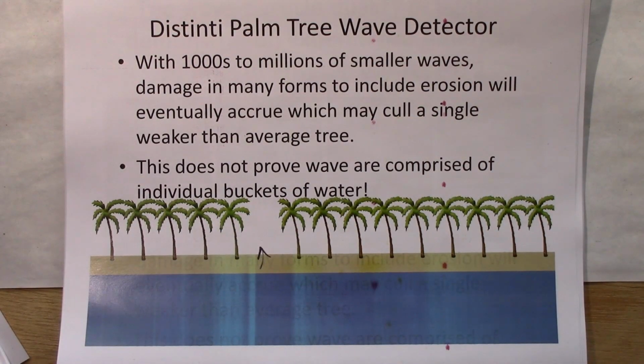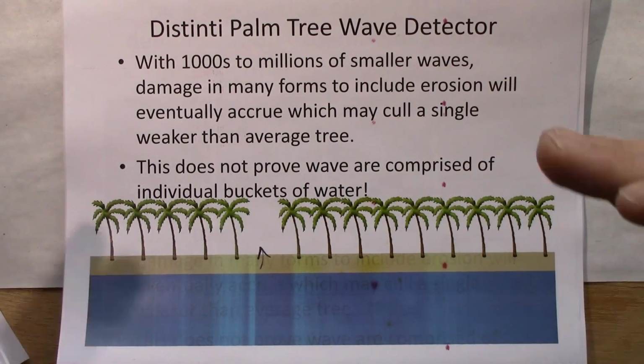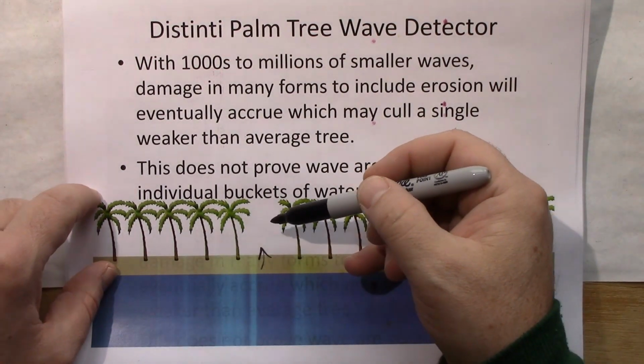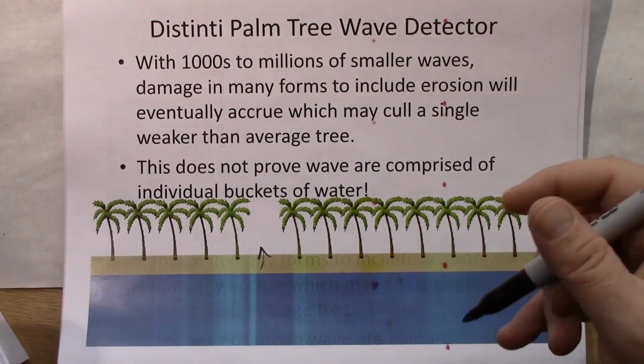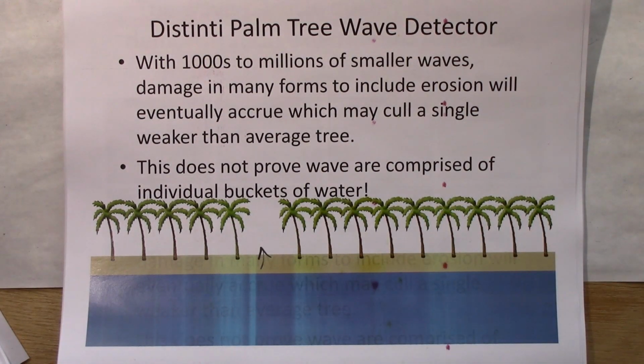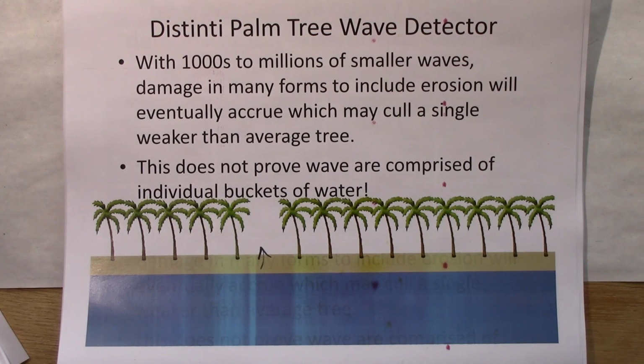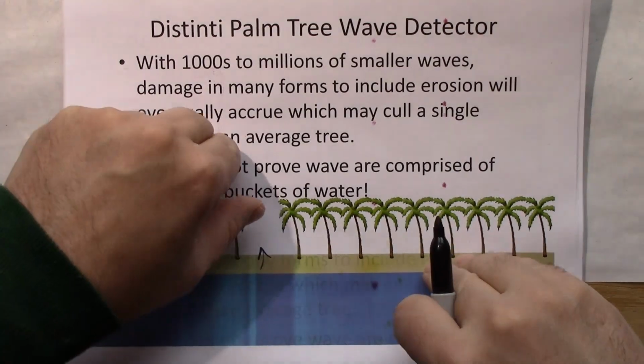If you have very small waves, you have to take a much longer exposure before your wave detector can detect that you have waves coming in. The problem here is that light waves coming in have done such gradual, slow work that you've only lost one tree. And it's very simple to see how somebody could misidentify that and say, oh, maybe water is made of buckets of water, that it's particulate, it's packetized. No, you cannot make that assumption for just one tree falling down.